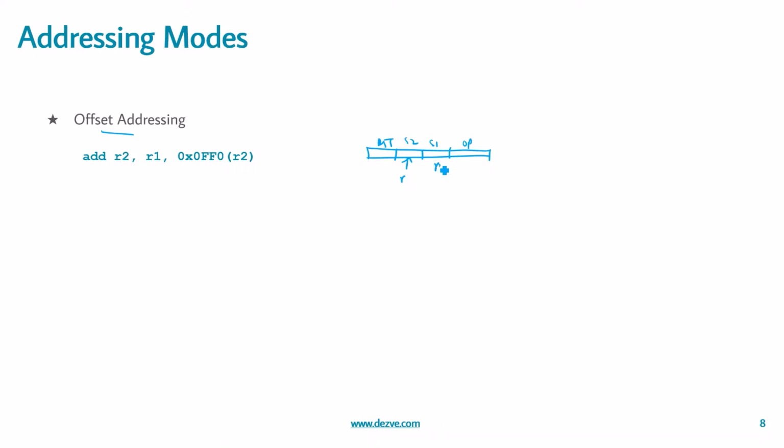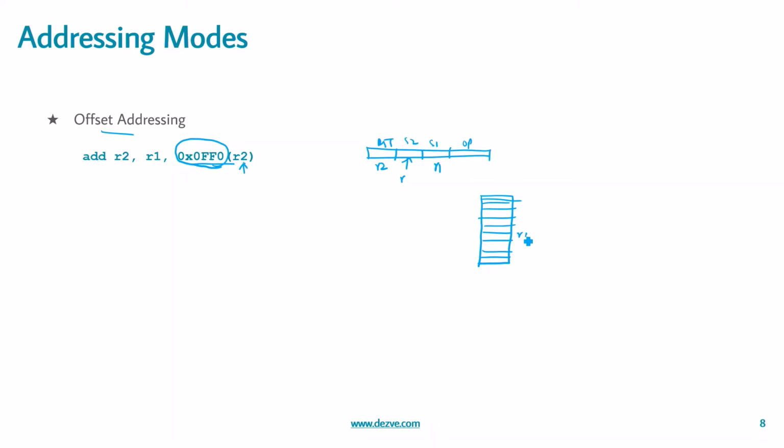So again this remains the same, this changes, correct? The instruction will provide which register contains the address, as well as some constant offset from that address. So again, if this is the register file